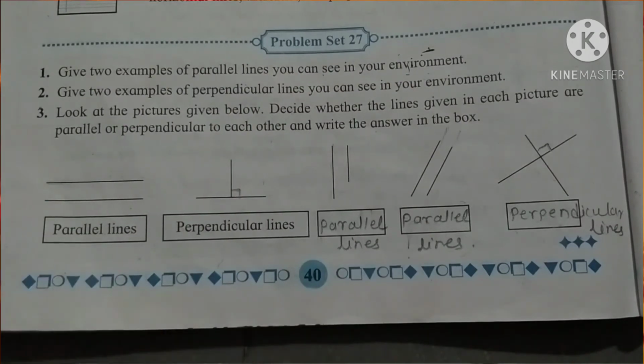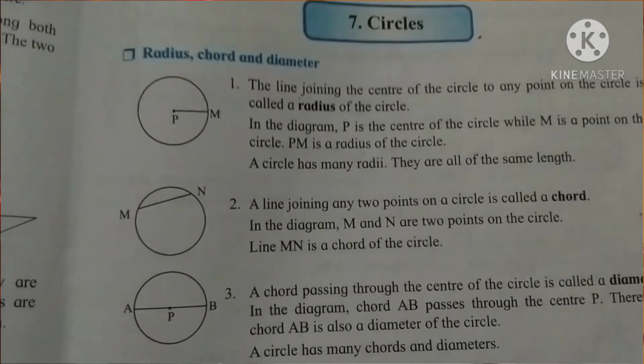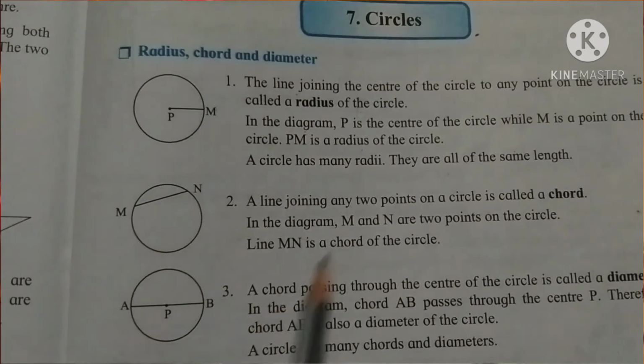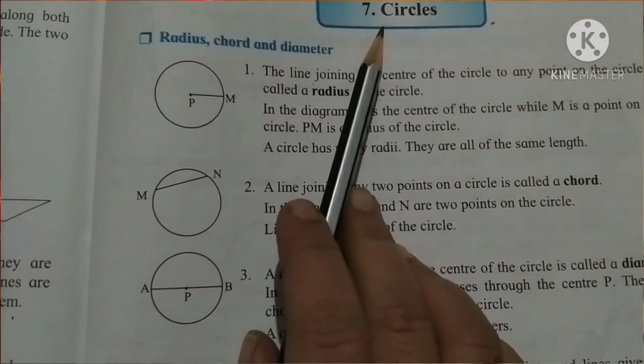Only 3 questions are there. So all these 3 questions you have to write in your rough book. When you get your CW, then you have to continue in your math CW. If it is filled in first semester only, then make a separate new book for the second semester. Okay, understood everyone? And from the next period, we are going to start lesson number 7, Circles.